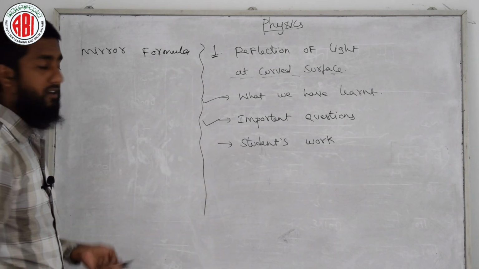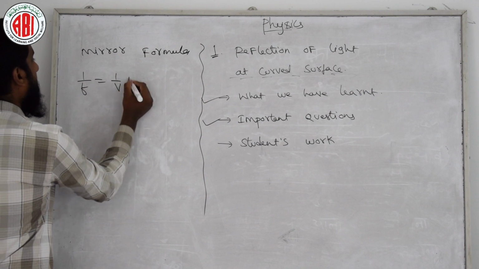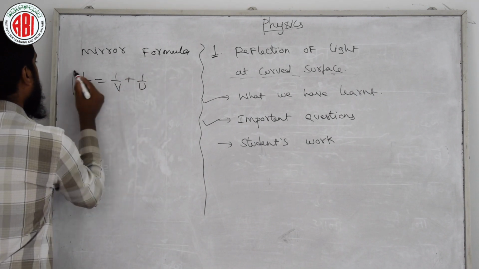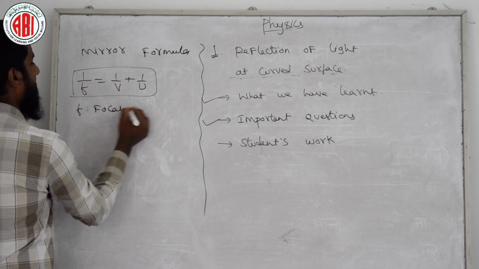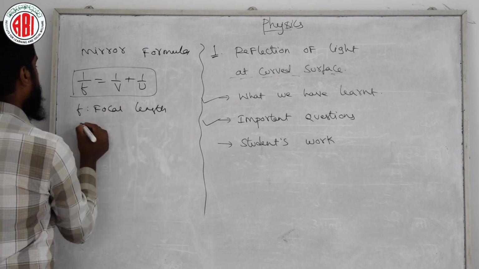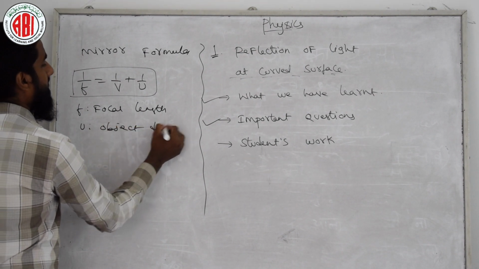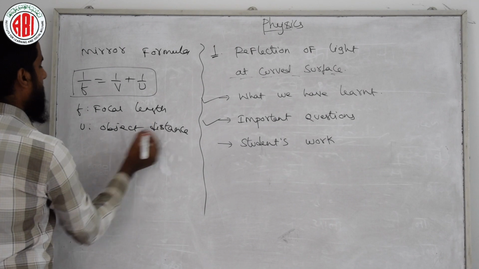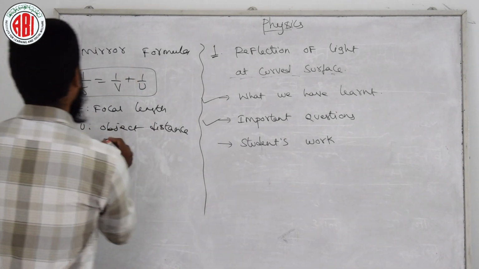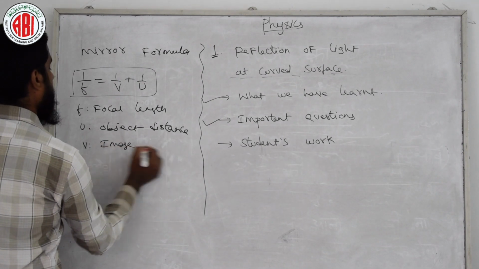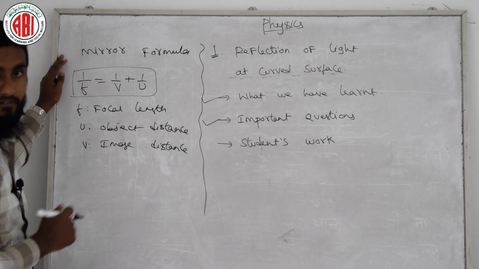Okay student, you know the mirror formula. The mirror formula is 1 by f is equals to 1 by v plus 1 by u. Here I need not explain, f is nothing but focal length, and u is object distance, as you know that. And v, what is v? Come on student, I am asking you, what is v? V is nothing but image distance. Yes, you are correct. So the first point: in problems we apply this formula.